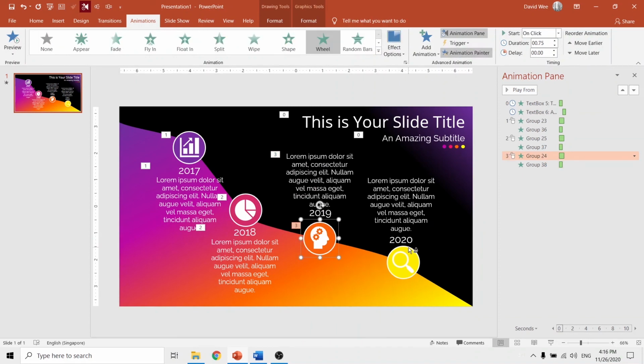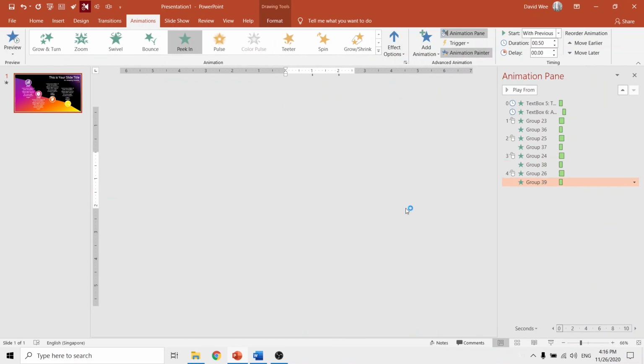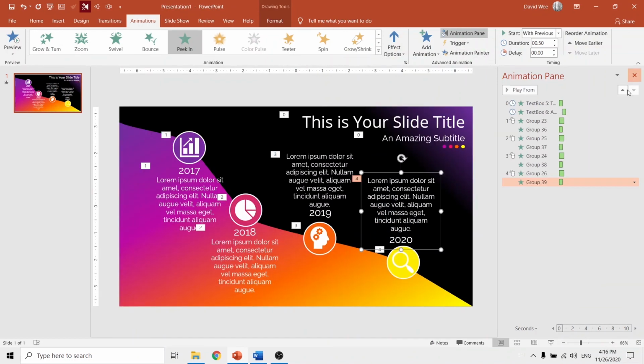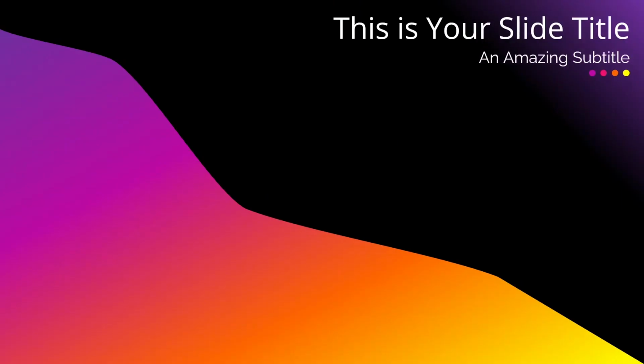Now continue painting the animations over. And there we go. So this is how we create our timeline presentation, and now I'm going to show you how it looks. So it looks something like this,